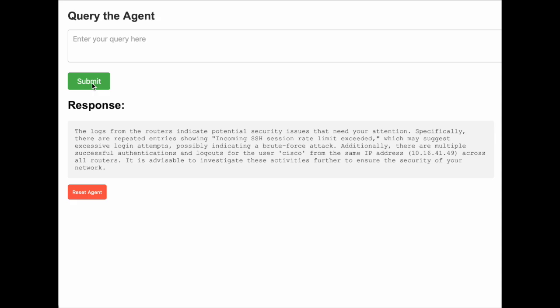Additionally, there are multiple successful authentication logouts for the same pages. Well, you know what? This is my laptop, and this is a very good indication because this is important. That's why I think my router is slow